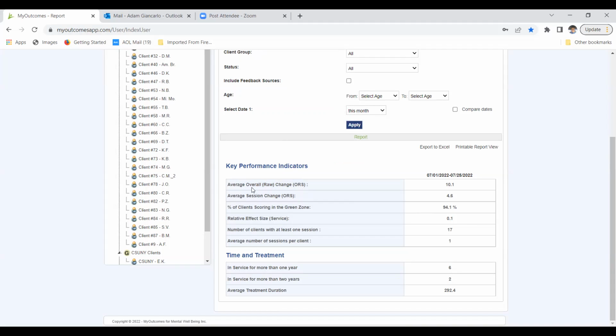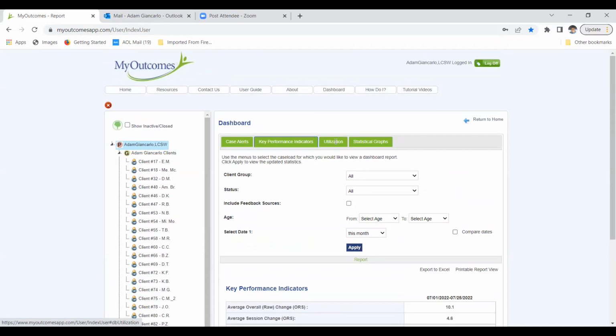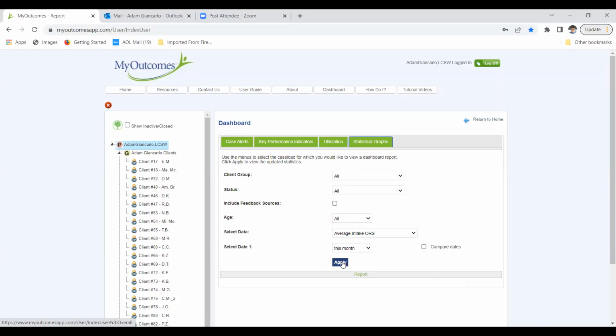Average overall raw change. Anything higher than a 5 or a 6 is clinically significant. And average session change, 4.6, that's better than expected. 94% of the clients are scoring in the green zone, so that's definitely a positive. And it has other information as far as things that you can take a look at with that, but statistical